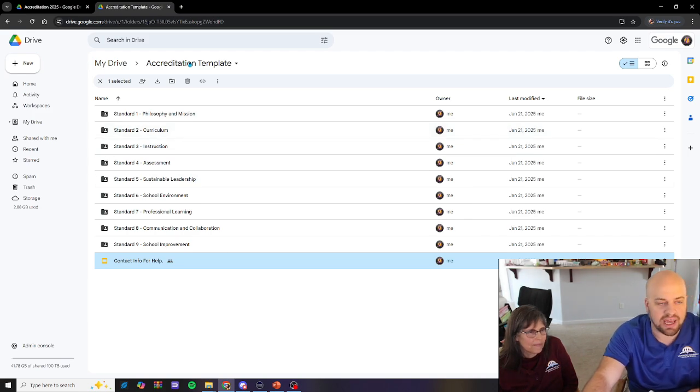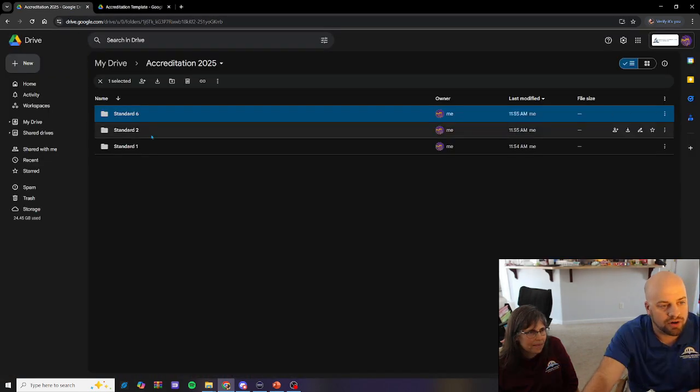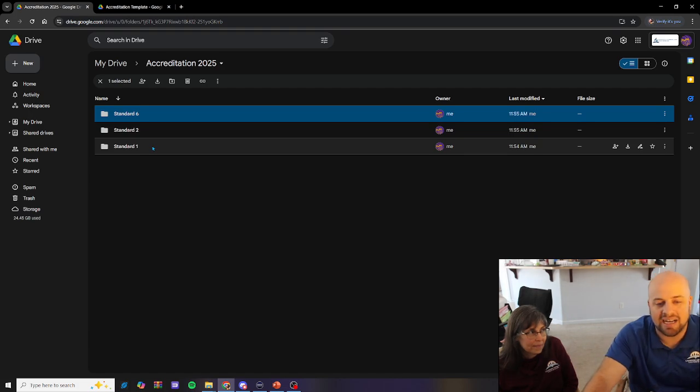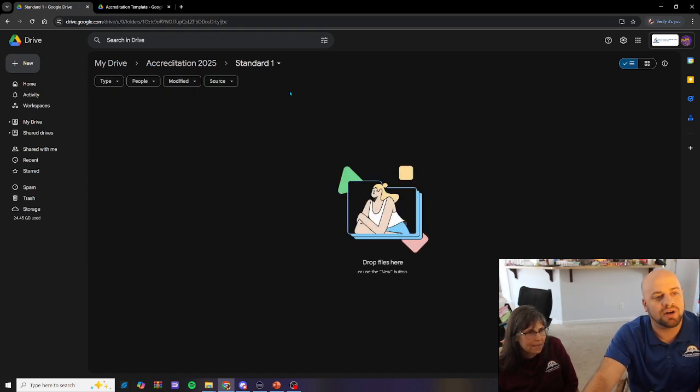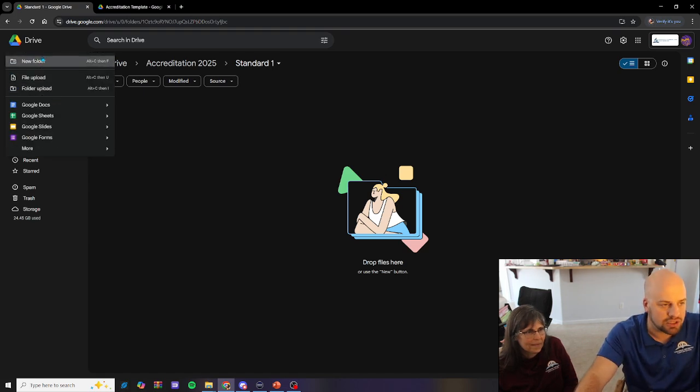Once you've created a folder for each standard, inside of each standard you want to create another folder, and this one you just want to name